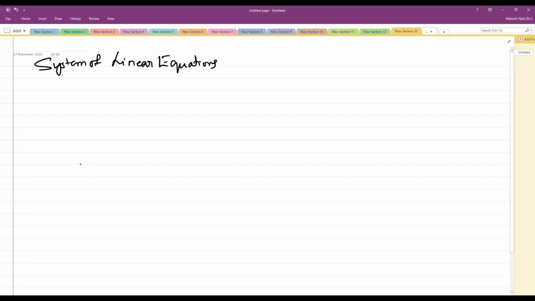So a linear equation in variables, let's say x1, x2, up to xn, can be written in the standard form. That is a1 x1 plus a2 x2 up to an xn equal to b. And if we have m such linear equations, the ideal representation would be a11 x1, a12 x2 up to a1n xn equal to b1, a21 x1, a22 x2,